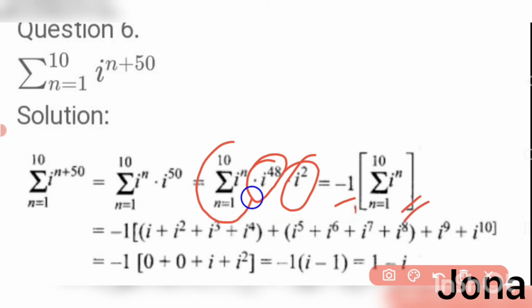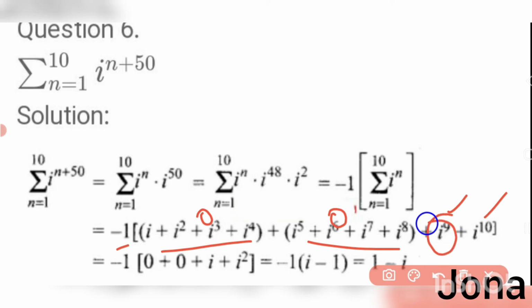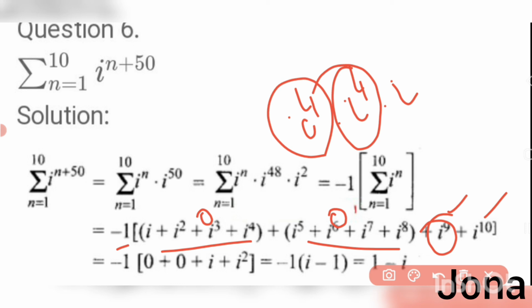So simply now we have the remaining term as sigma n equal to 1 to 10, i^n here. Now we want to find the value for this bracket. So keep this minus 1 as it is here, and then from 1 to 10 only we are going to put the number. So we can group this as 4 terms there. The last remaining i^9 and i^10 is here. So we know that this bracket, the value is 0, and here also 0, and then here i^9 can be written as i^4 into i^4 into i. So this i^4 is 1, this is also 1, so the remaining is i here. So we got the value i now.